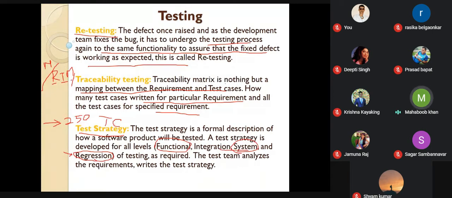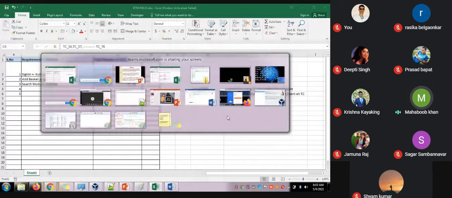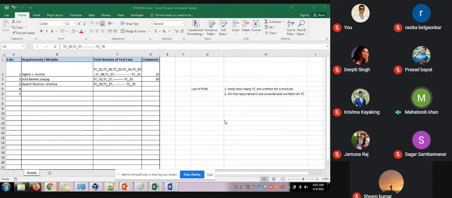If you are considering smaller releases, like if you are working on ETL, you will have around 700 to 800 test cases in the regression pack alone, I am telling. So you might get a question, sir, this question should come from your end, but I'm not sure, I am raising it from my end and I am answering. Sir, you are telling that regression test cases are these functional test cases.